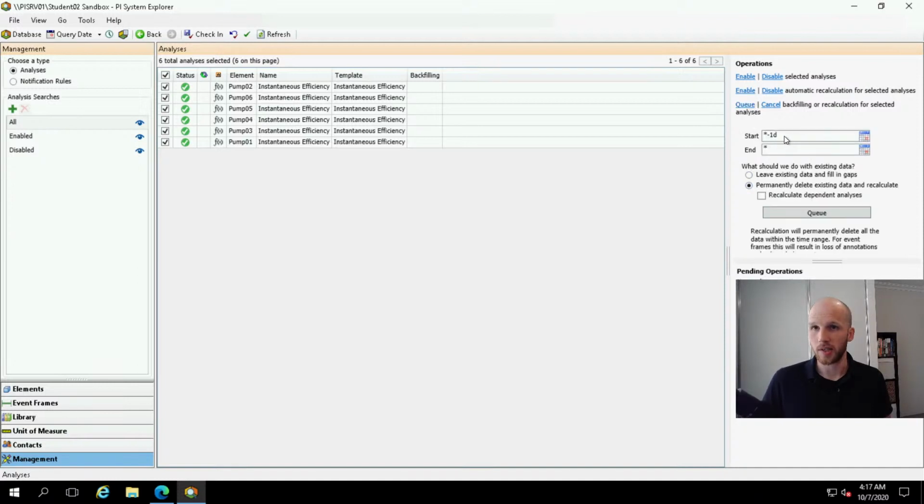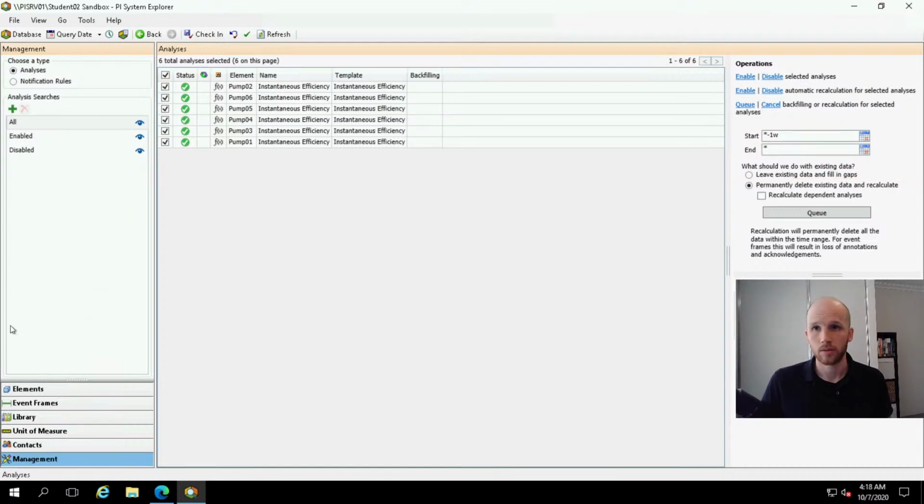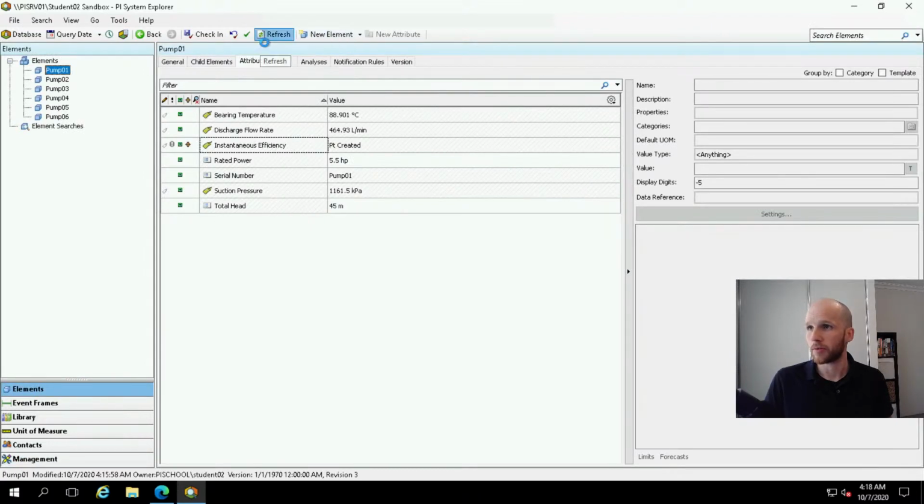We're going to permanently delete existing data, and I'm going to do it for a week. So we've clicked on Management, clicked on the arrow right at the top to select all, then queue for backfilling. I made it 1 week, and we're permanently deleting existing data. Looks like someone has clicked recalculate already. All right. So now if we go back up to elements, if we refresh, we'll see a value in there,